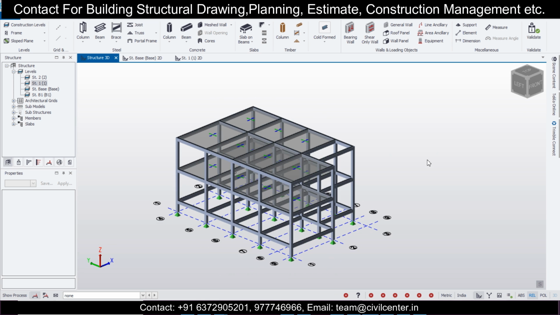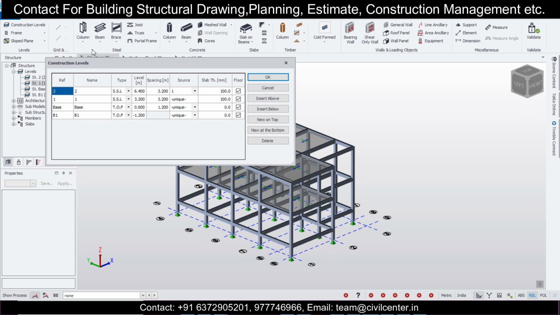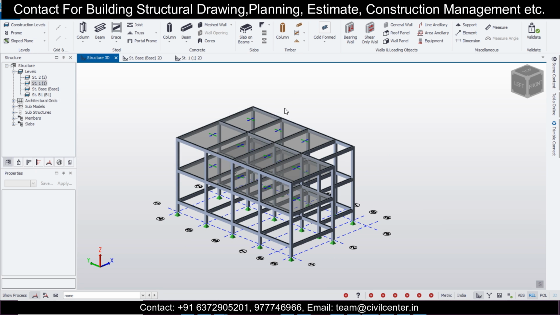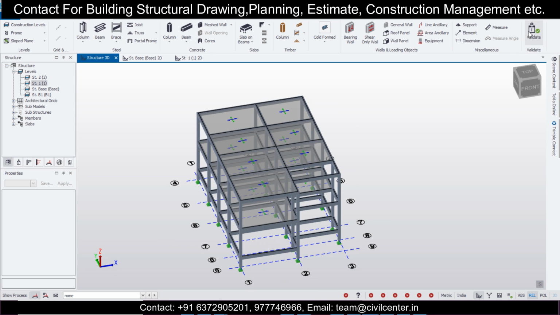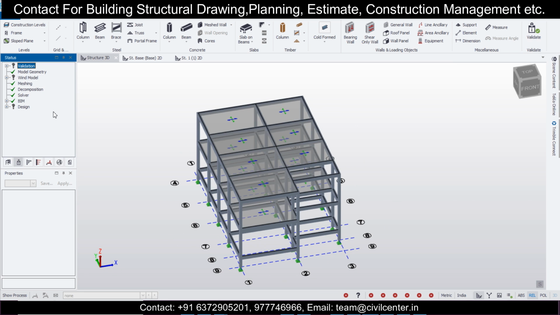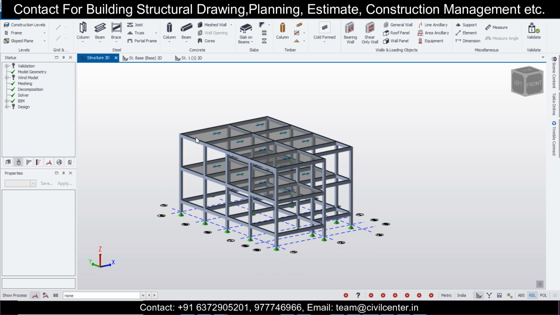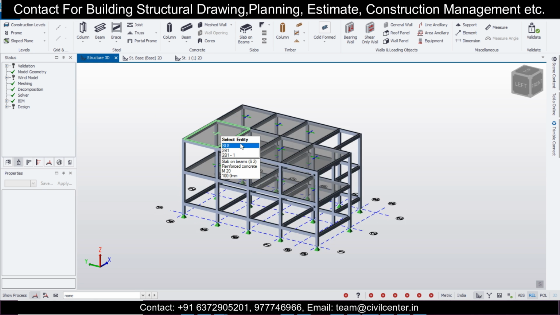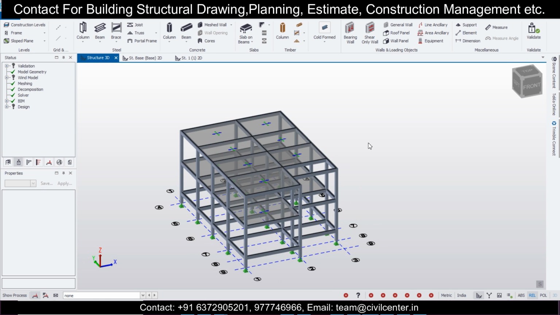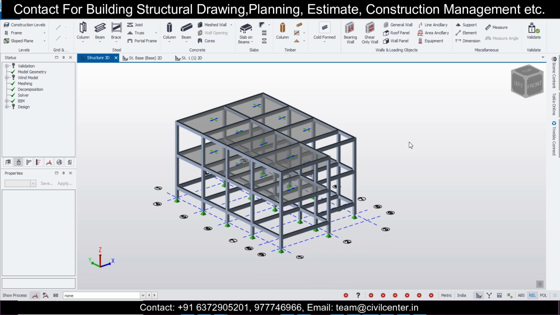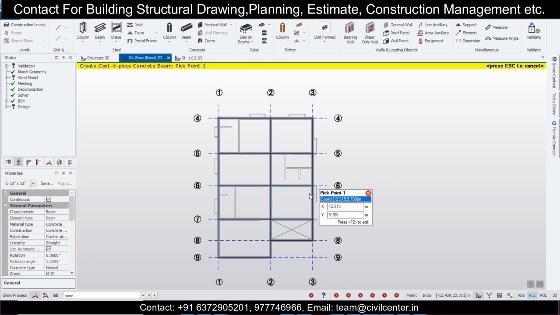So once this model is done, we'll just click on this source as unique, and after that you can check again whether everything is unique or not, because now we'll apply the loads. So once the model is done, click on validate to check whether there is any error or not. Especially if you have any member intersection or member collision error, you should check and correct it. So we have a lot of videos on that. You can check out that if you ever have this particular error, or you can text me in the YouTube comments. So now we'll just go here to base, and now we'll apply the loads.